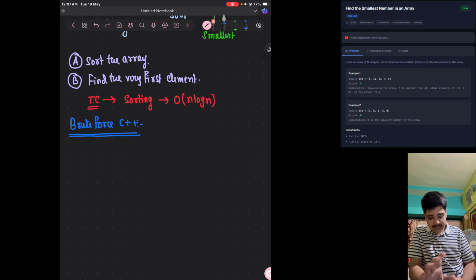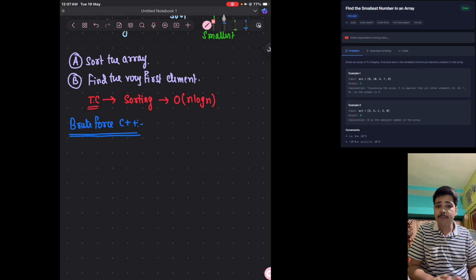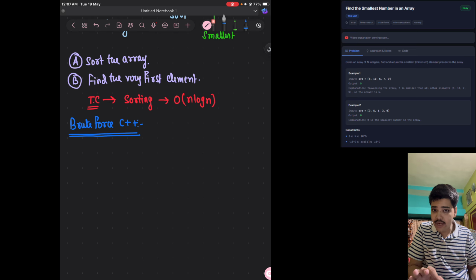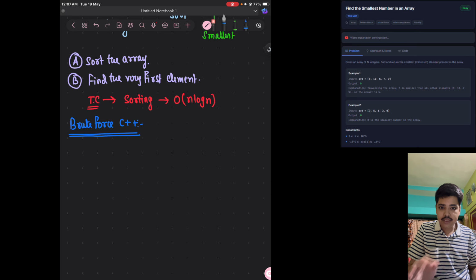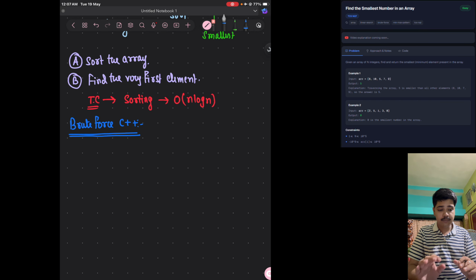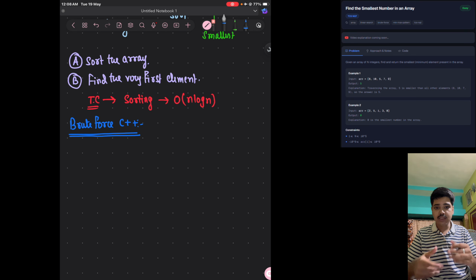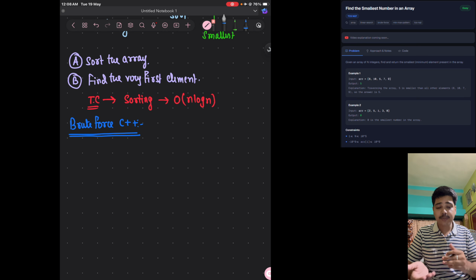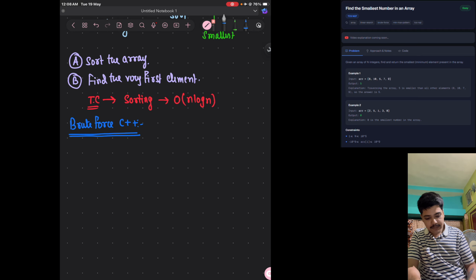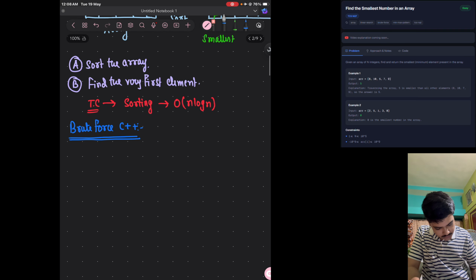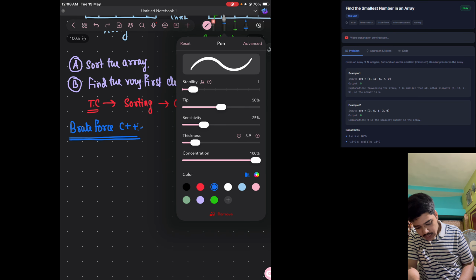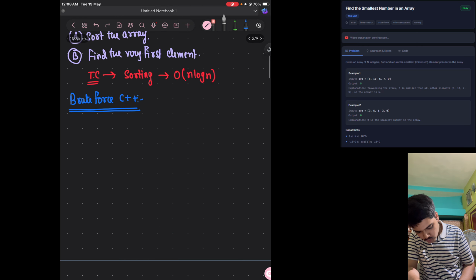So for C++, if you don't know C++, don't panic. I will tell you everything from the very beginning to the advanced, just what is required for the coding or to solve the question. But I will not say everything in a single question. I will explain the concept, code snippet, or syntax as required for that question, then we can utilize it properly. Okay, so the C++ code actually starts with #include